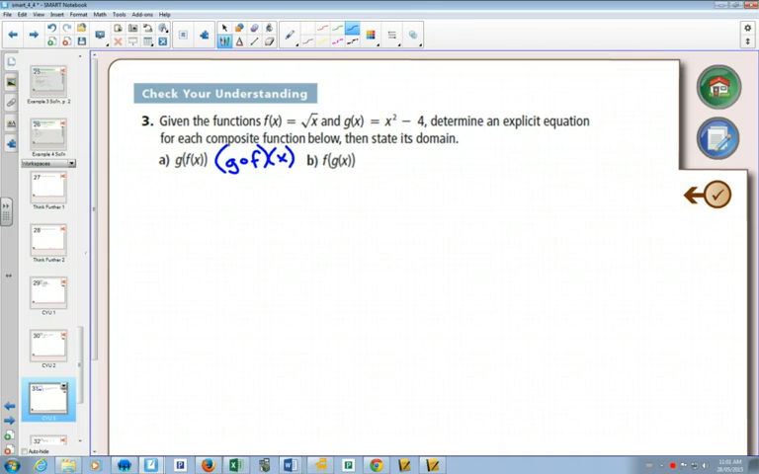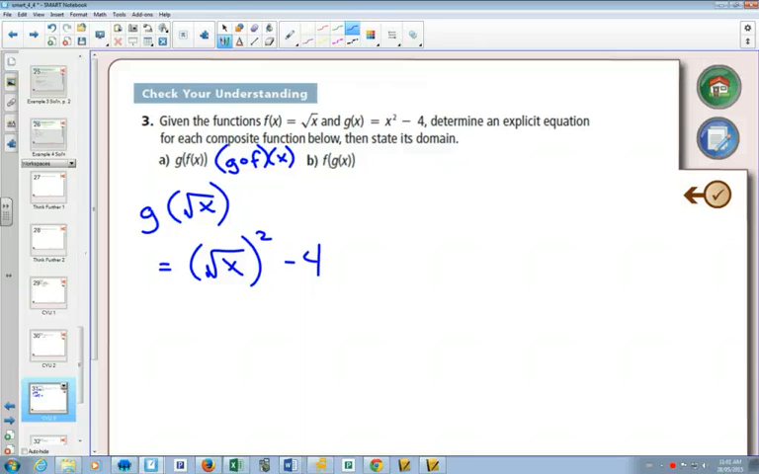So g of f of x, what that means is first we will put f of x, which is the square root of x, inside of g. And now we're going to put the square root of x inside of g, which will equal square root of x all squared minus 4. Now when we simplify this, what happens when a square root gets squared? It just becomes x,